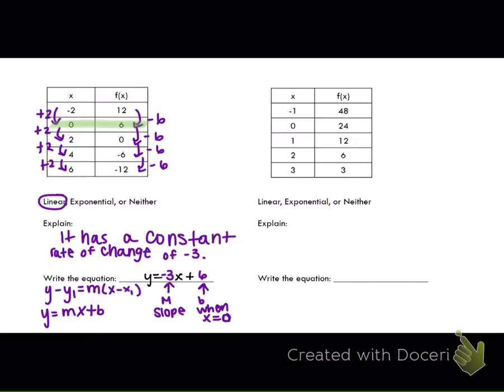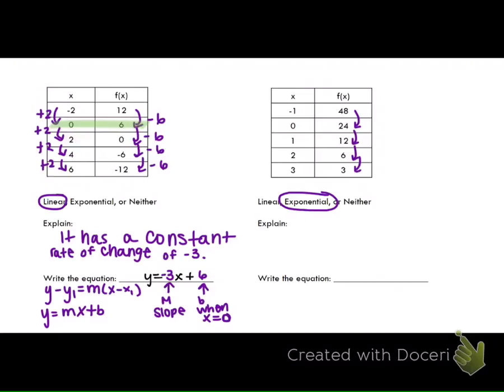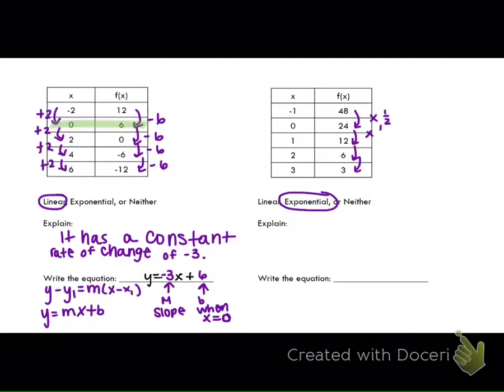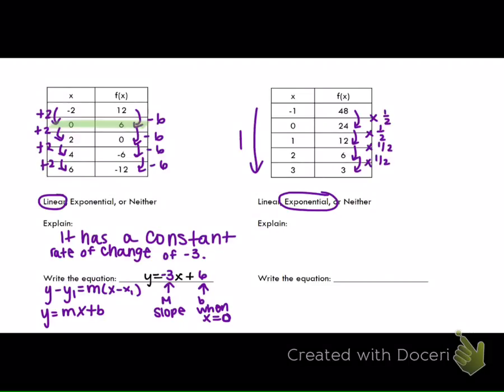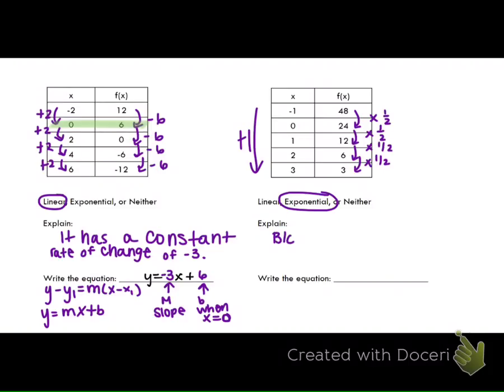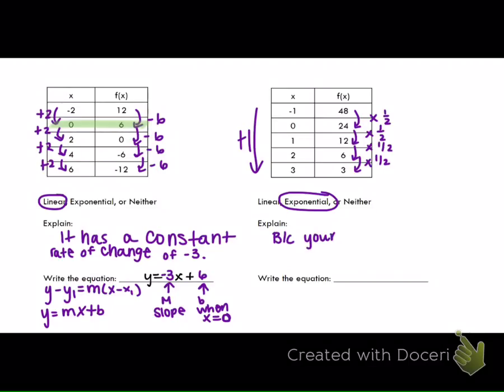Okay, the next one there, Grace, what kind of function is that? Why is it exponential? Multiplying by? Yep, it is multiplying by half. Remember that linear is addition or subtraction, and exponential is multiplication. So this is exponential because your growth or decay factor, so in this case a decay factor,